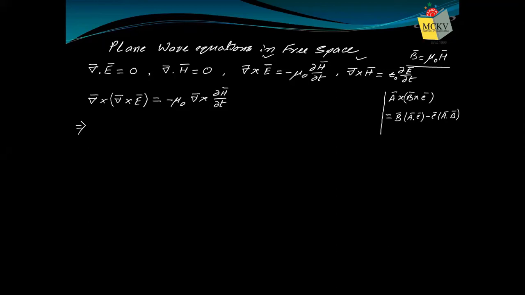And hopefully you understand that this is also a vector. Always remember, the dot product of two vectors is a scalar. That means it has magnitude only, no direction. When you do the dot product of two vectors, the result is a scalar. And the cross product of two vectors is a vector.